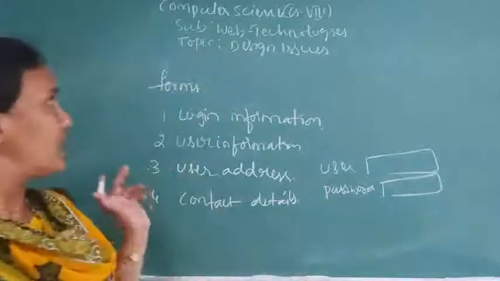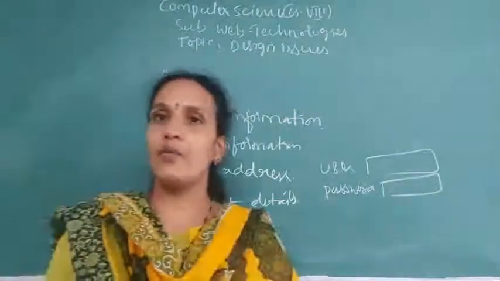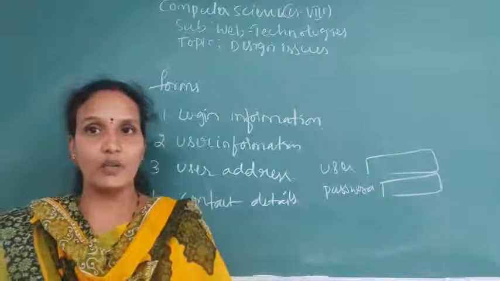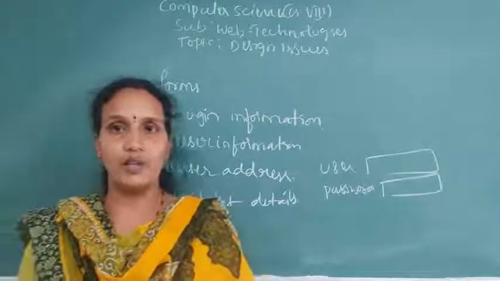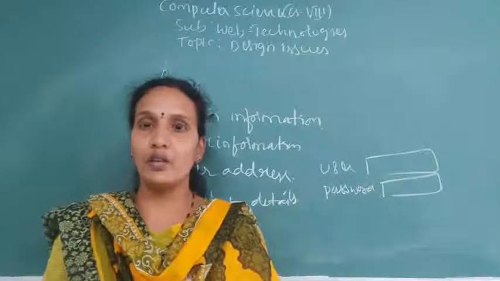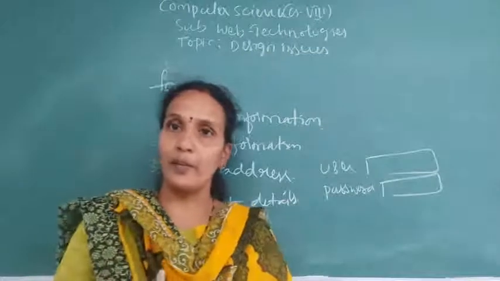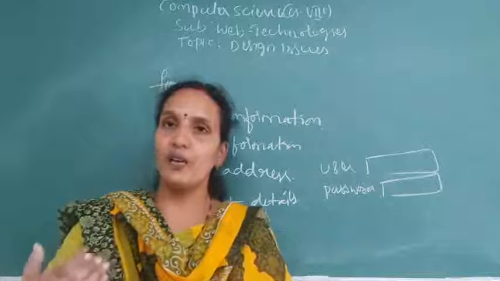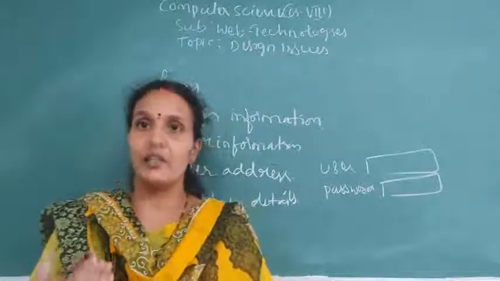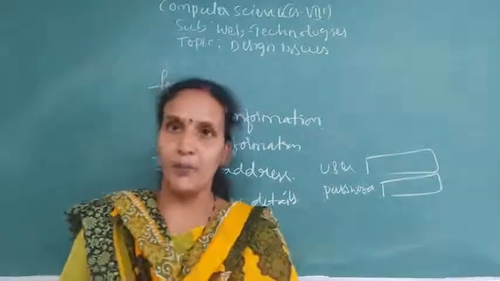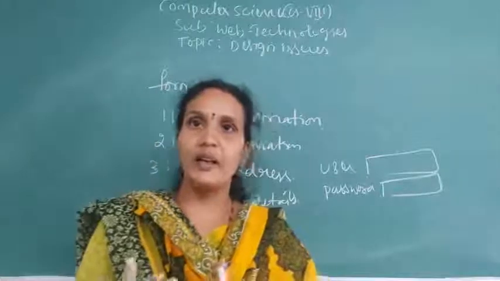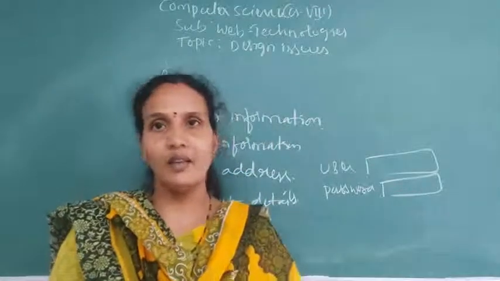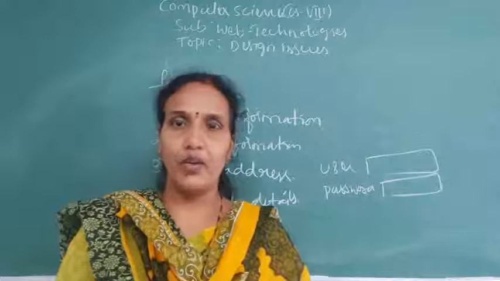The next one is a form. So what is the use of the form? Forms are used to collect information from a user. When you are collecting any information from a user, what things should you think about? Proper label should be there, proper input control should be there. If more than one field has a similar nature, then that should be arranged into a group. Okay, so these are all design issues in web design. I hope you all understood.